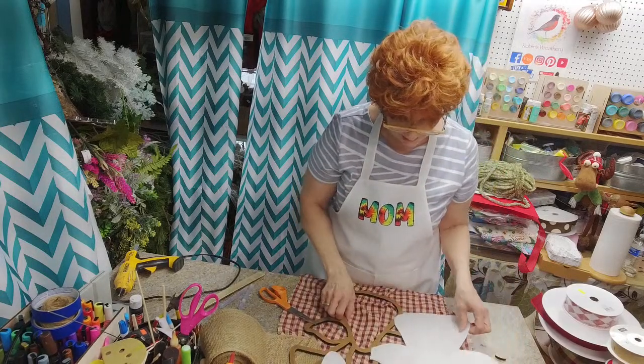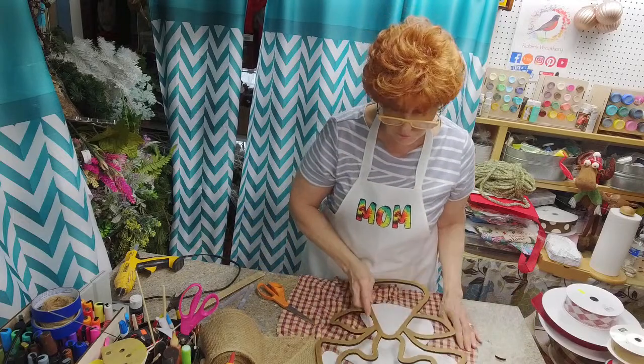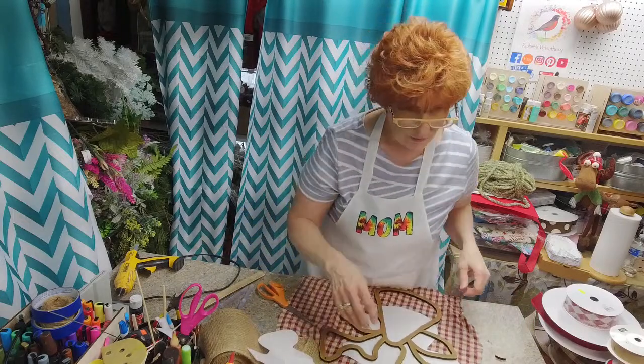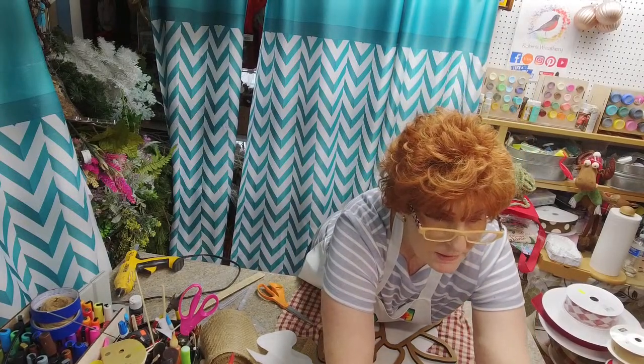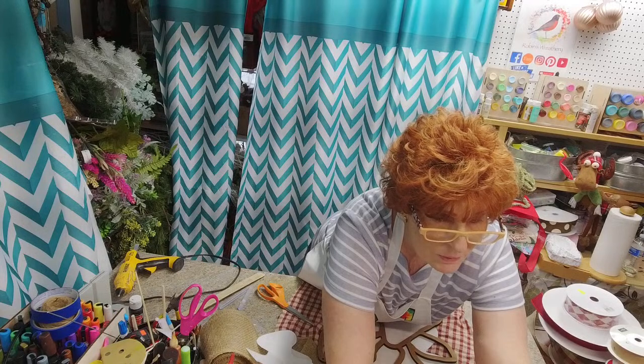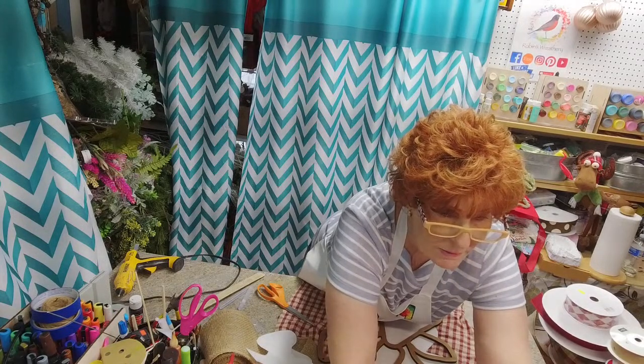So we'll give everybody a chance to catch up. We're working with our new reindeer wreath frame. So we're actually going to make a grapevine with this. So I just want to go ahead and share where we're at,